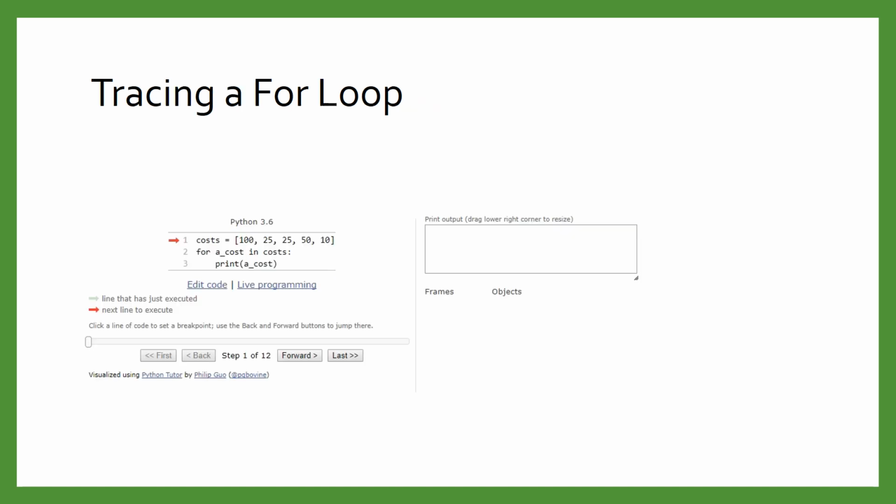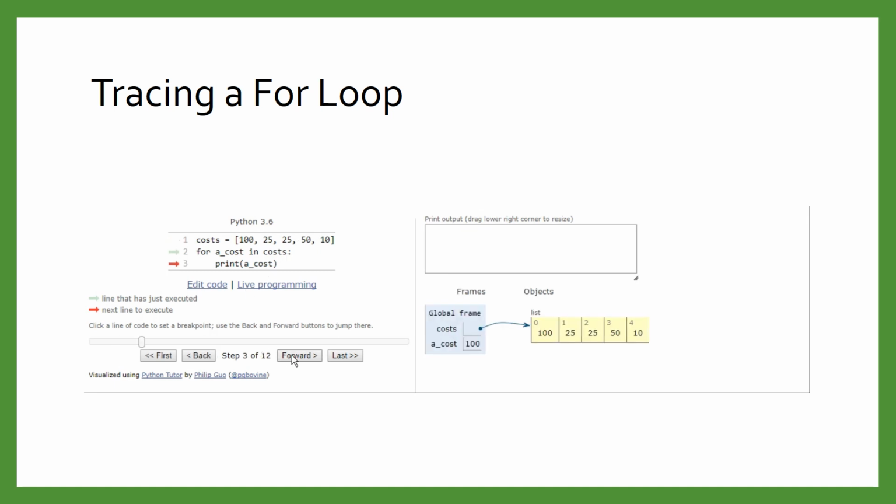Let's look at a loop in practice. Notice how the value of the iteration variable changes each time we go through the loop. And the cursor jumps back up to the start of the loop. This behavior is crucial